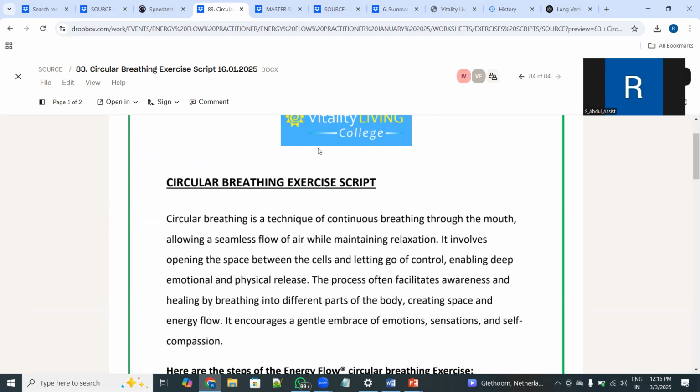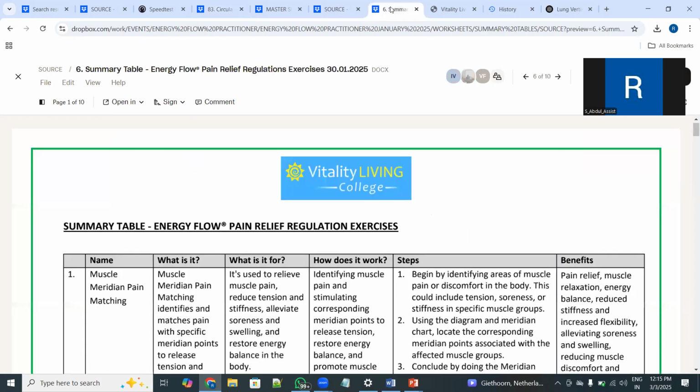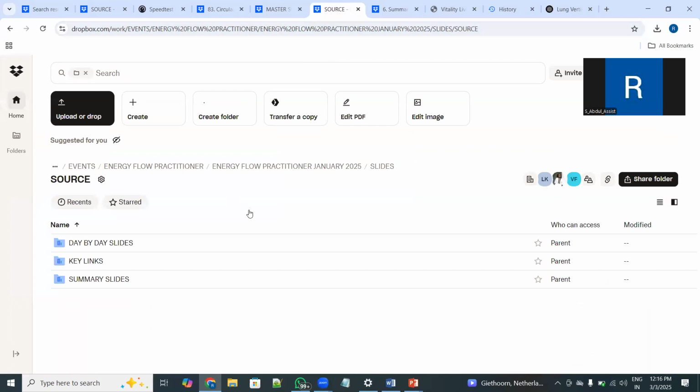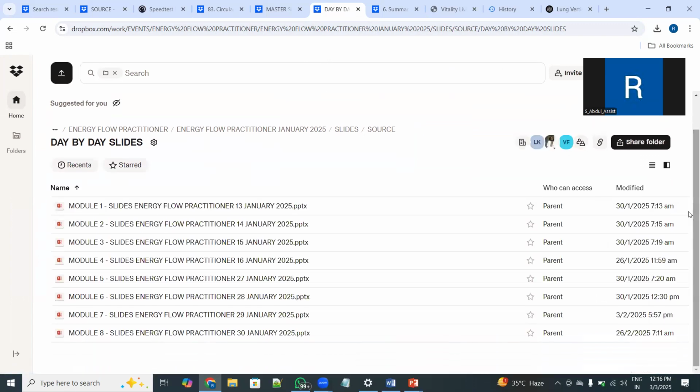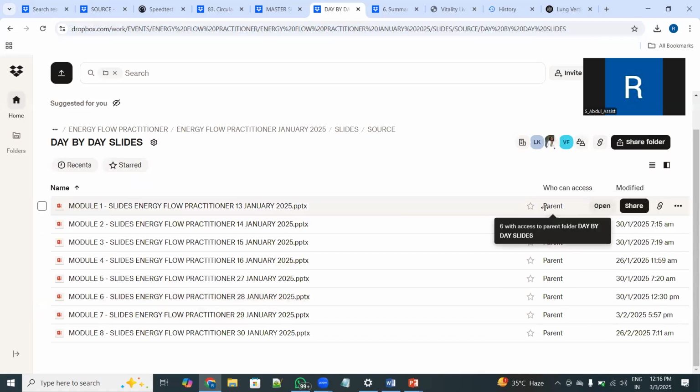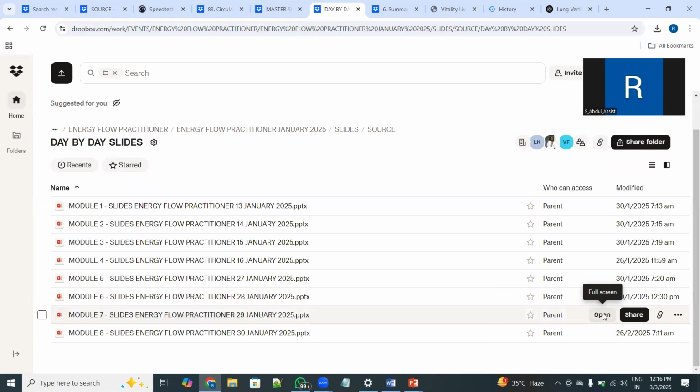Now, for this content, which is the introduction, what we can do is we can open the slide deck for that particular module, for that particular exercise, basically. The slide deck, you'll find it in Energy Flow Practitioner, like events, and then Energy Flow Practitioner folder. Therein, you'll have to go to January 2025. In that, go to slides and then source, and then final day by day slides. And we'll have to check in which module that particular exercise was covered. So, as far as I remember, this particular exercise would have been covered in module 3. So basically, in any module you open the slide deck,